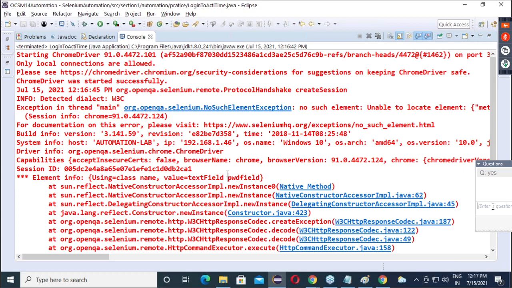No such element exception means the locator gives a location, find element tries to go to that location, but the location does not exist. Are you getting my point?